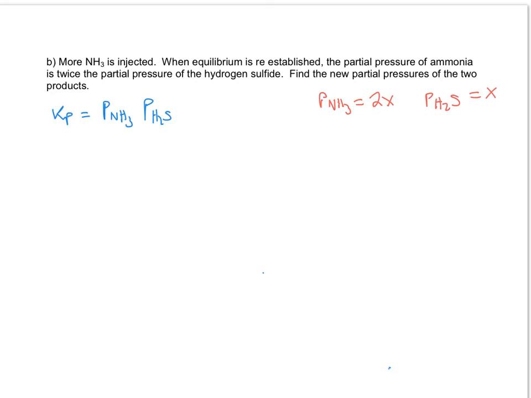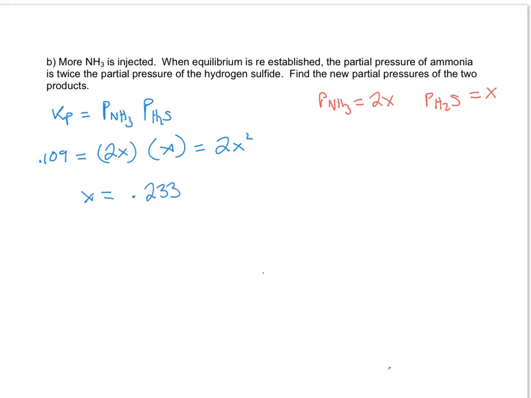And then I also know that Kp, because it's a constant and we're at the same temperature, doesn't say anything about changing the temperature, Kp will always remain the same. So it's still the same as what it was in A that we calculated. So I know that Kp is 0.109. I know that this is 2x, and I know that this is x. So then that's 2x squared. So I divide the 0.109 by 2 and then take the square root of it. So I get x is equal to